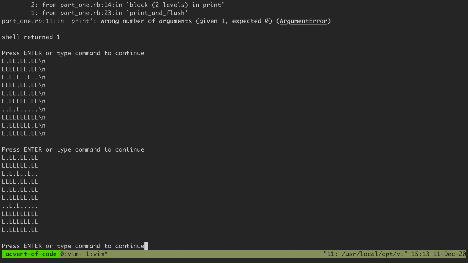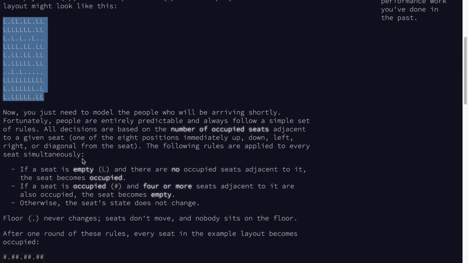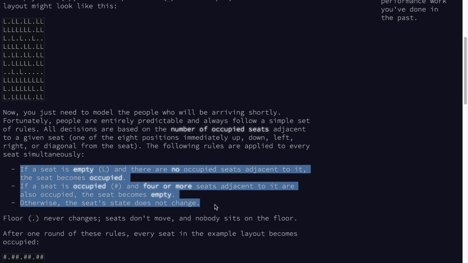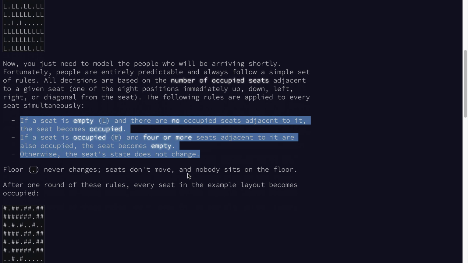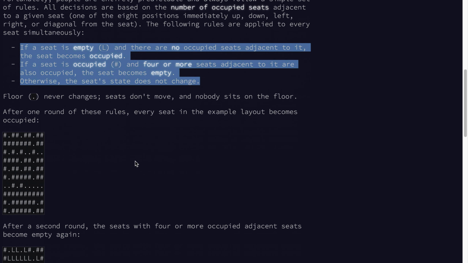There, that's better. So now we have a way of consuming a grid, creating an object from it, and printing it out to see how we're doing. Lovely. So what do we want to do next now that we have this grid set up? I guess we have these rules that we need to account for. And these rules, well, I'll copy these over, but I think one other thing I'd like to do is have a way